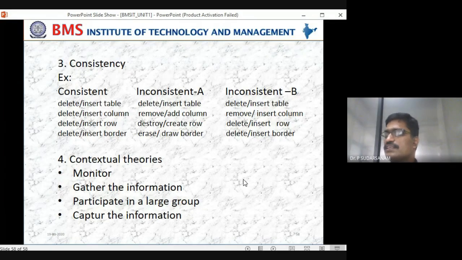So introduction, usabilities, goals and measures. Next is usability motivations, and the next one is called the universal usabilities, and the last one is called the goals for our professions. So this is what the first unit. If you have any doubts about the first chapter, please let me know.